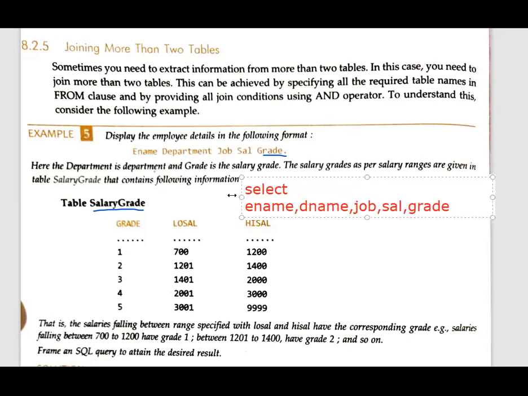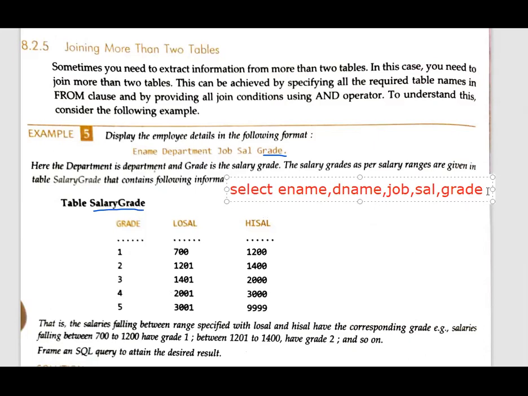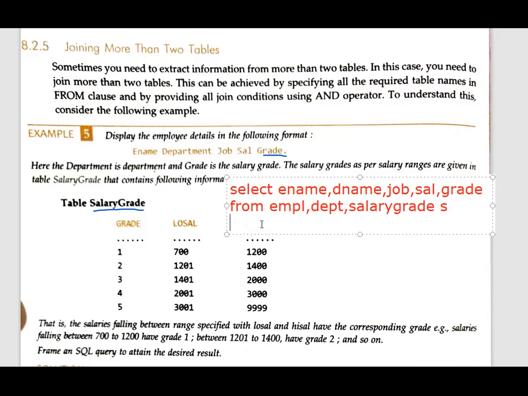Now, as I said, there will be a total of 3 tables. So this time you will be writing 3 names, EMPL, comma, DEPT, comma, and this is salary grade. For salary grade, I am making one alias, that is S, because it is a very big name to type. Then after this, I am going to write all the where conditions.